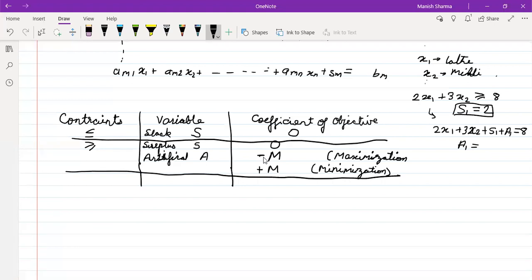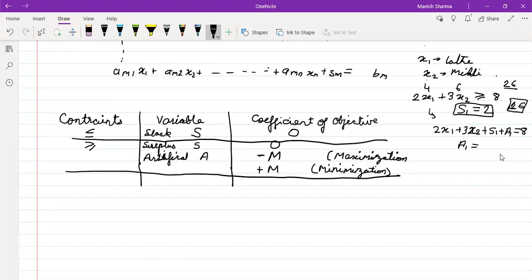So if there's a breakage or any downtime of the machine, that is to be kept in the artificial variable. Now see, if it is saying that it should be utilized more than 8 hours, and I put x1 as 4, x2 as 6, what will be the time? 2 into 4 is 8, plus 3 into 6 is 18. 18 plus 8 is 26, isn't it? So s will become 16. That indicates the machine is overutilized. So if you are overutilizing the machine that much, what will happen? At a certain point of time, the life of the machine will end and suddenly you will have a breakage or a downtime. To accommodate that, overutilization should not be much, so we are adding an artificial variable.